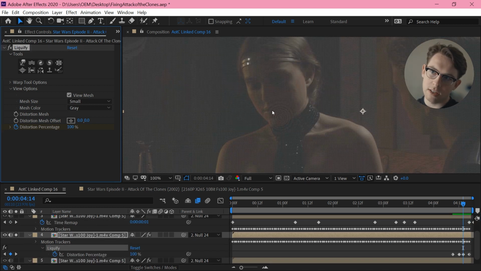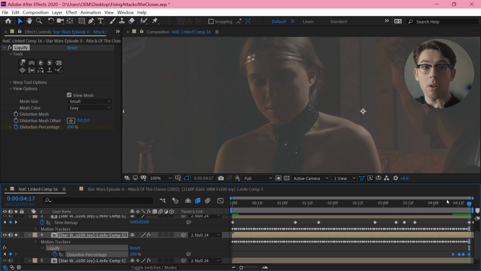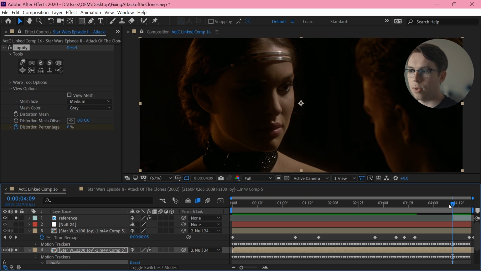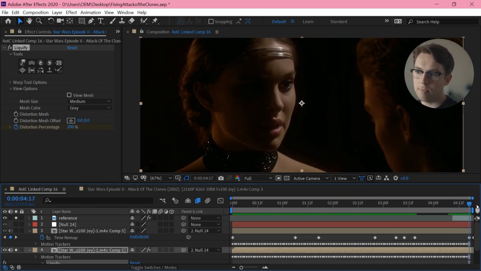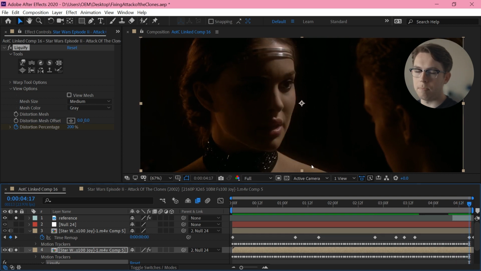You can see I'm basically warping the mouth open and warping the face up, stretching it like it does when you start to speak, to give it a little bit of that movement. And then I'm just keyframing the distortion percentage, go up and then down a bit and up, so it's like her intake of breath and starting to speak. And the way I decided how to morph that was by looking at the shot that I wanted to cut into. So I'm cutting on the frame after this. So you can see I just want her to breathe and move her mouth up.